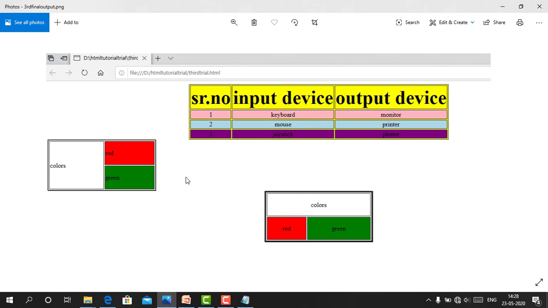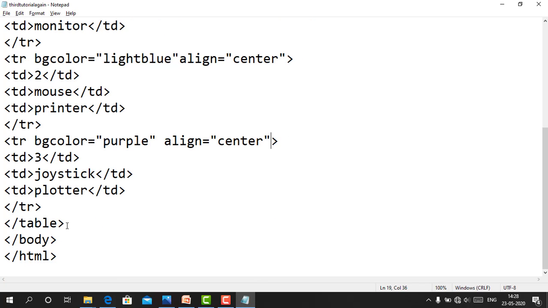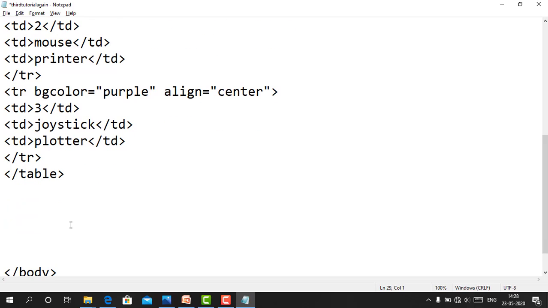This one is created. Now we will create the second table. For creating the second table, again use the table tag, and table tag is close.